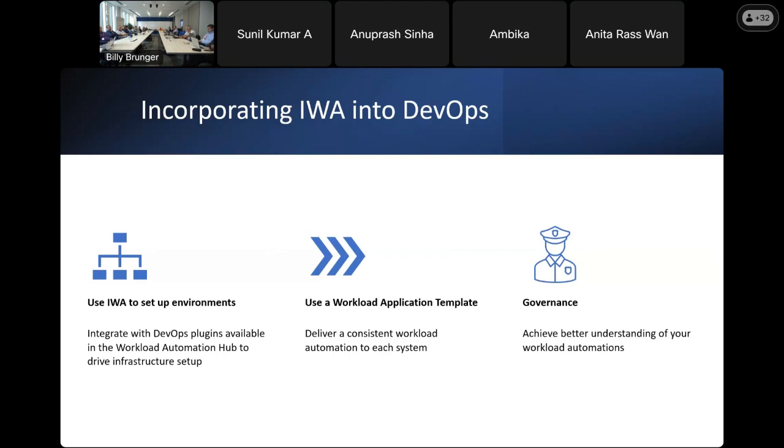Hopefully there's nods in the room. I can't see because you guys are like thumbnail size on my screen, but hopefully everybody knows about the automation hub. Yes, we do, yes. Excellent. Okay. So you know that there's these plugins available that you can use with IBM Workload Automation and integrate